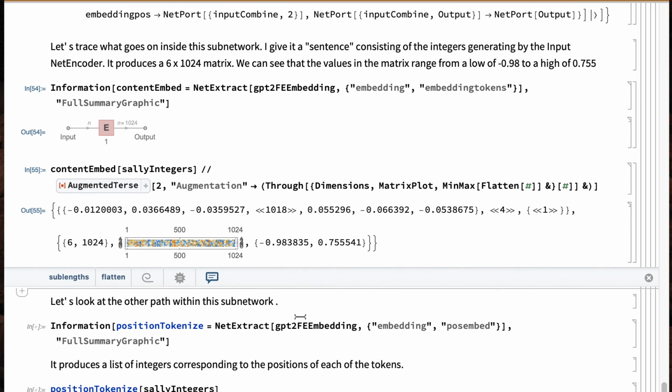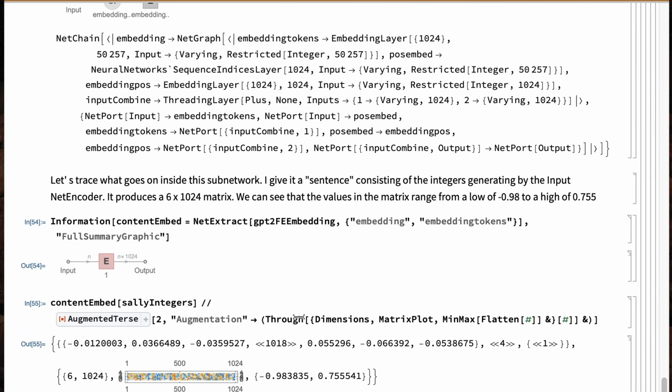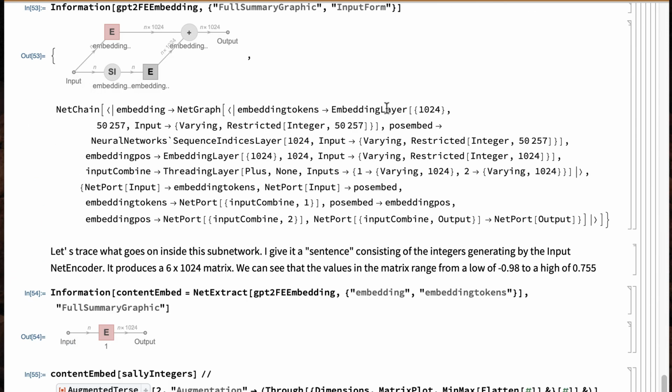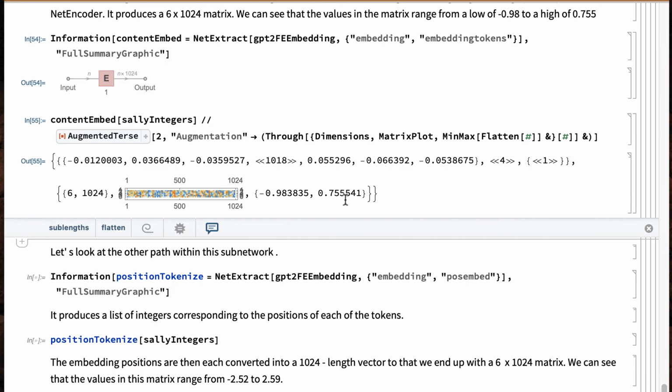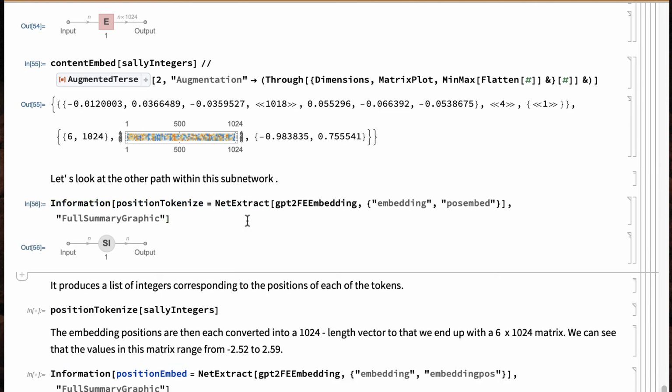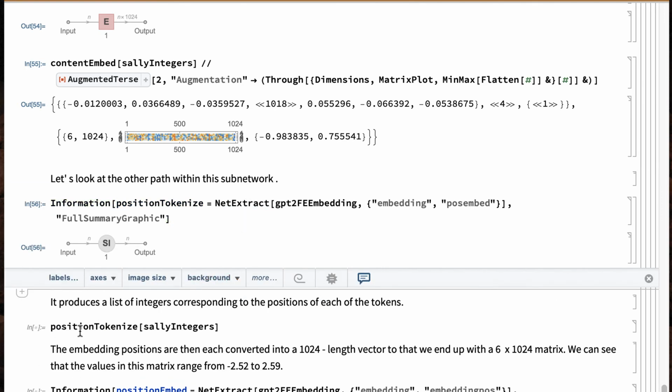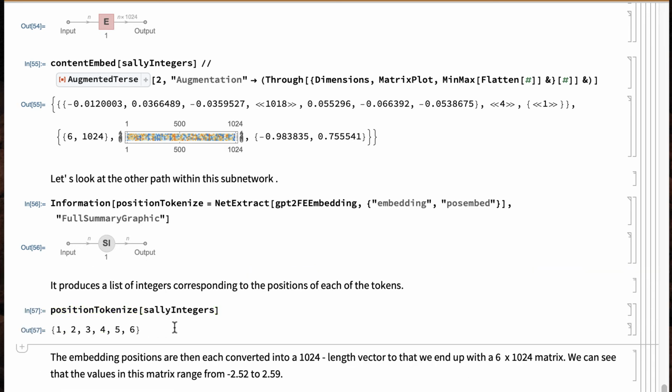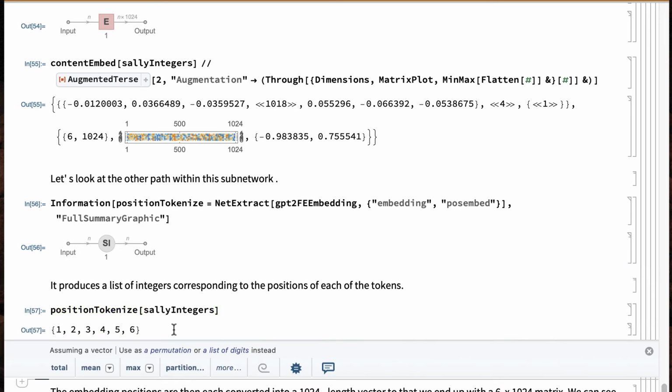So then what happens? Well, as I mentioned, it also goes into this positional encoder, because it's going to try to add positional information to the content information. So let's get that part of the network, and let's see what happens when I position tokenize the Sally integers. It just produces 1, 2, 3, 4, 5, 6, because I is 1, sat is 2, there is 3.